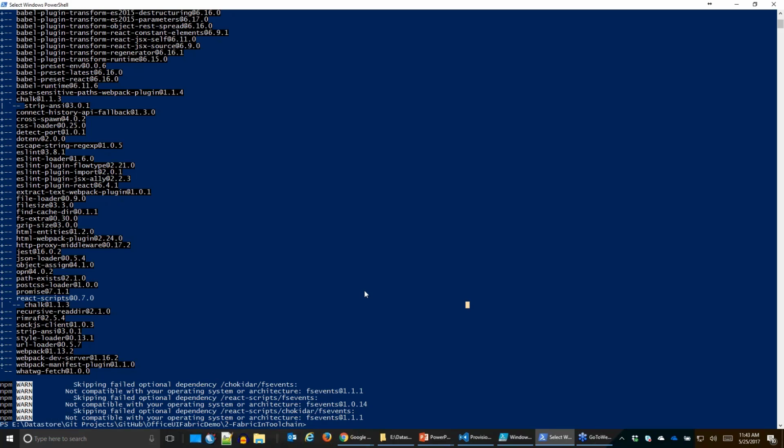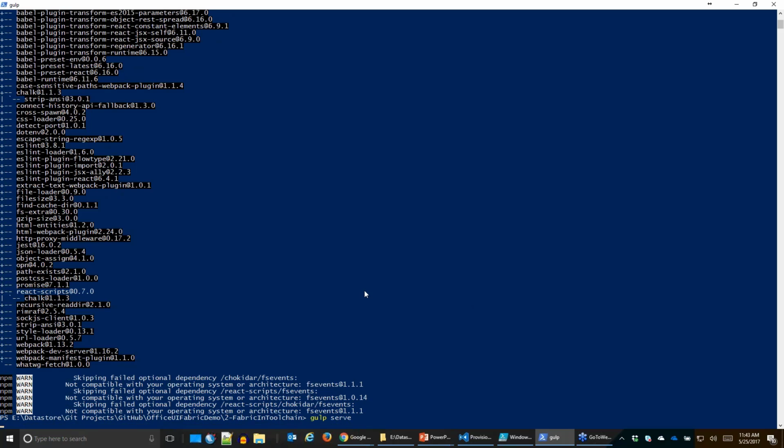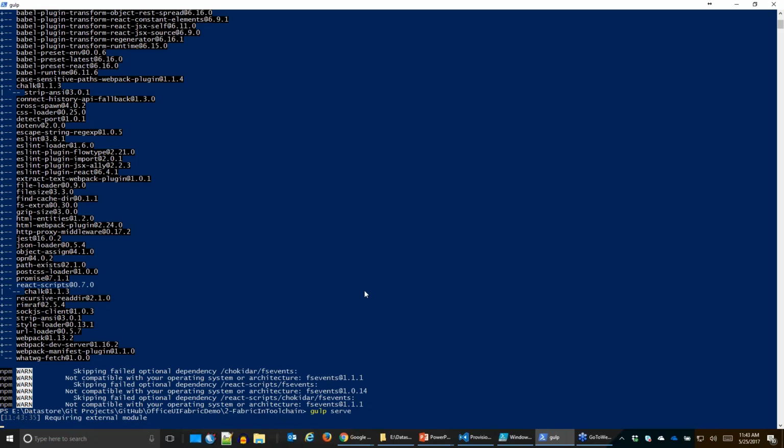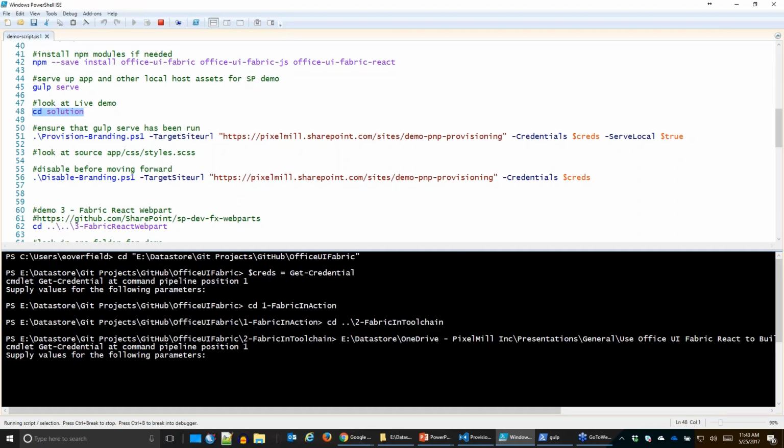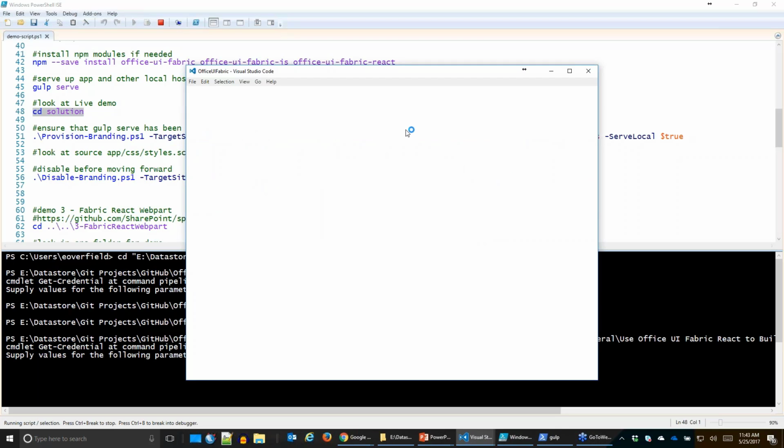I was able to do my npm install and it worked. So I'm going to go ahead and run gulp serve. This is all using Node. So effectively I'm just setting up a little bit of a dev environment to make things a little easier on me. So now the last thing I need to do here is I need to go ahead and using, whoops,